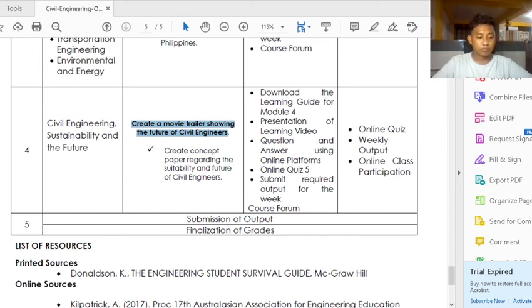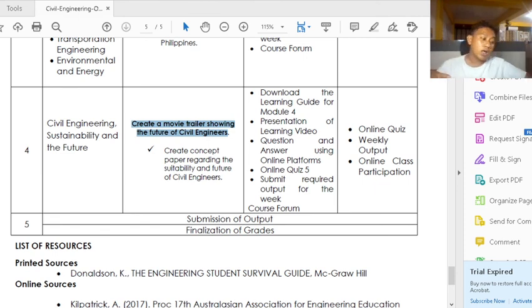So, kayo lang din. Kayo yung pinaka-idea. Yung team niya talaga is parang future civil engineers. Kayo nang bahala. Magbibigay ako ng rubrics para sa ganitong activity.